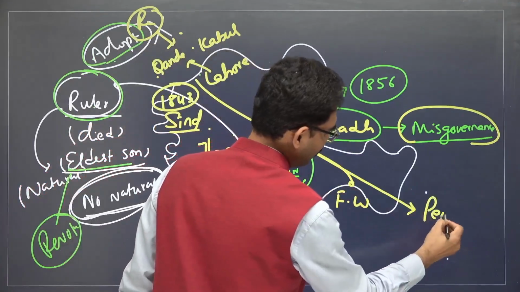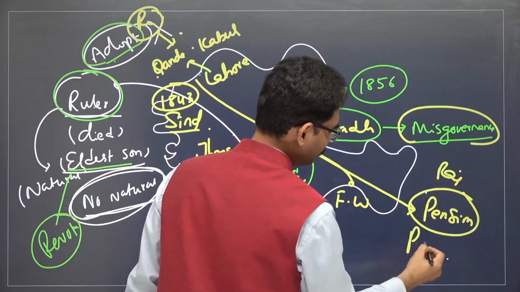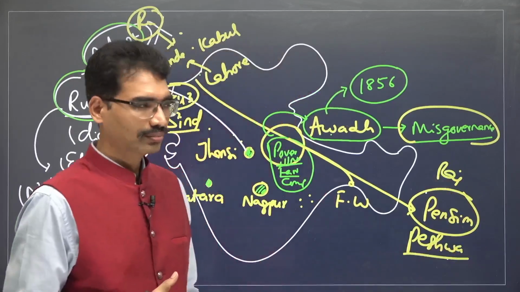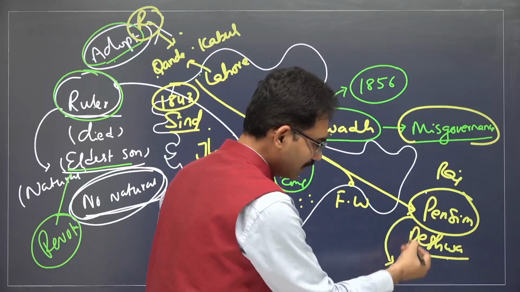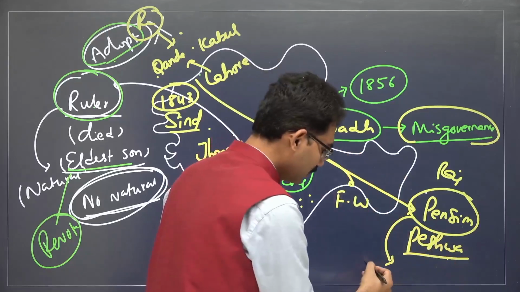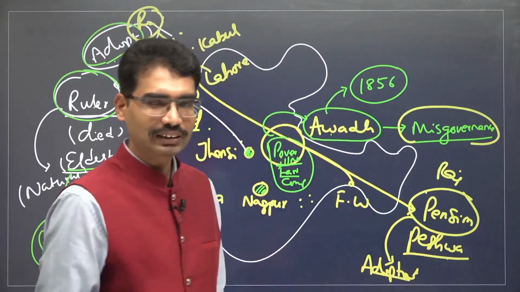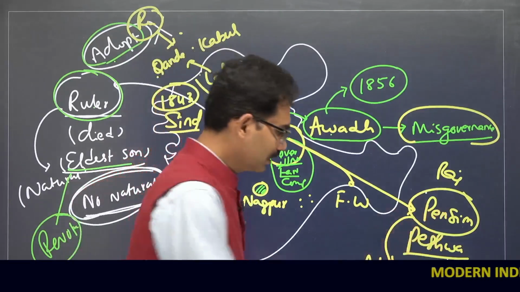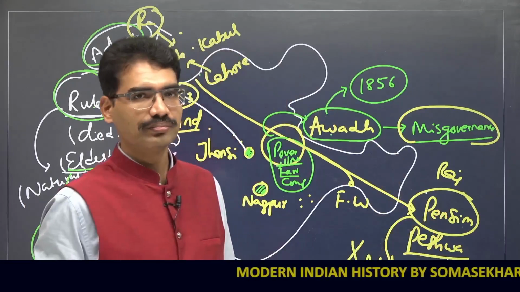As part of doctrine of lapse, they used to get pension. Suppose there is a Raja, like Peshwa was removed and Peshwa was given pension. Suppose if you do not apply doctrine of lapse, this pension after the death of this person, his adopted son also can get it. Natural sons will get it or adopted son will get it. But if doctrine of lapse is applied, the adopted sons will not get the pension automatically. That is why